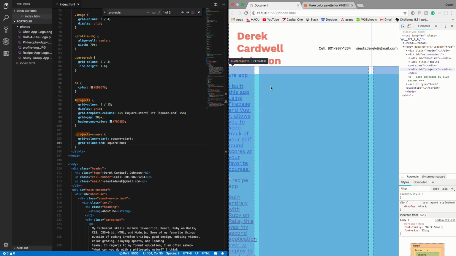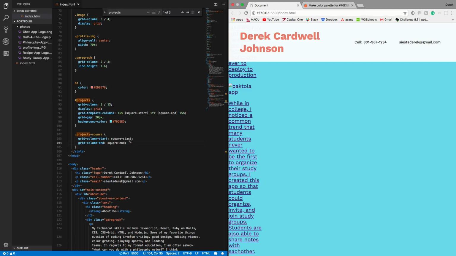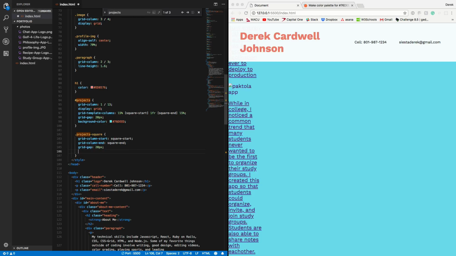So now we have our grid square taking up this entire project section, but the problem is we still actually need to display it as a grid and define what this individual square is going to be. So let's go ahead and go back to our project square, and I'm also going to give this some gapping. So we'll do this 20 pixels, and of course we need to make this a display grid. So again, we're nesting a grid inside of another grid,